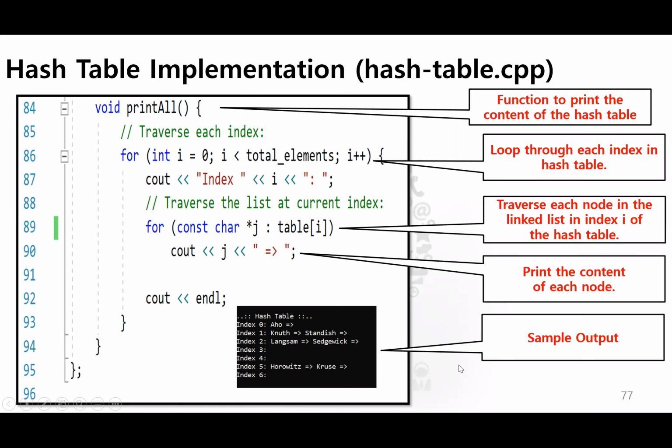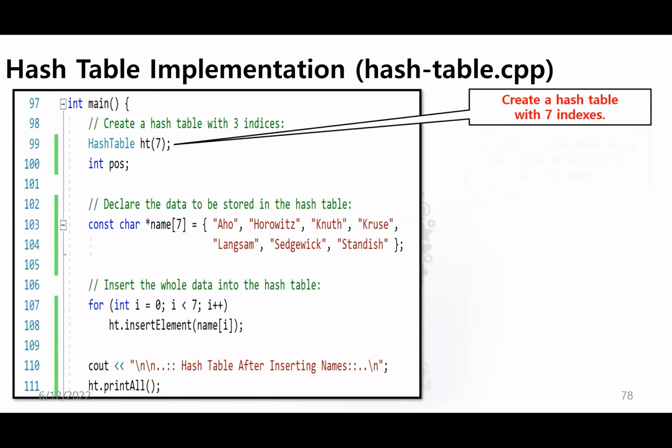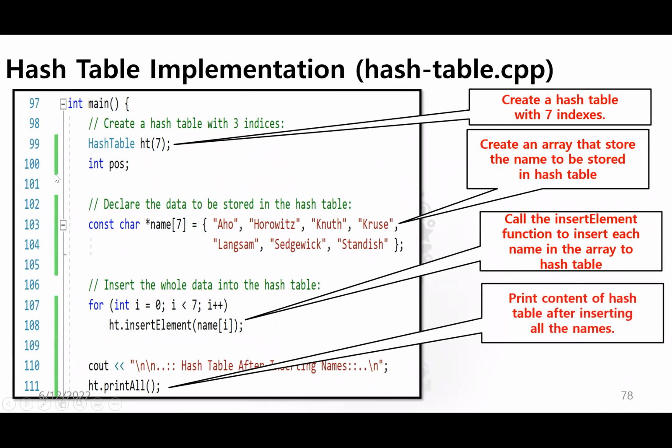Okay, then the main. How do I use this struct hash table that I created, right? So in the main, when I want to create a hash table, I call hash table ht(7). Okay, that means 7 indexes. Then these are the names that I want to map or hash or store inside the hash table. Then I call the insert element to insert these names one by one into the hash table, right? And then print the hash table using the print all. After that,